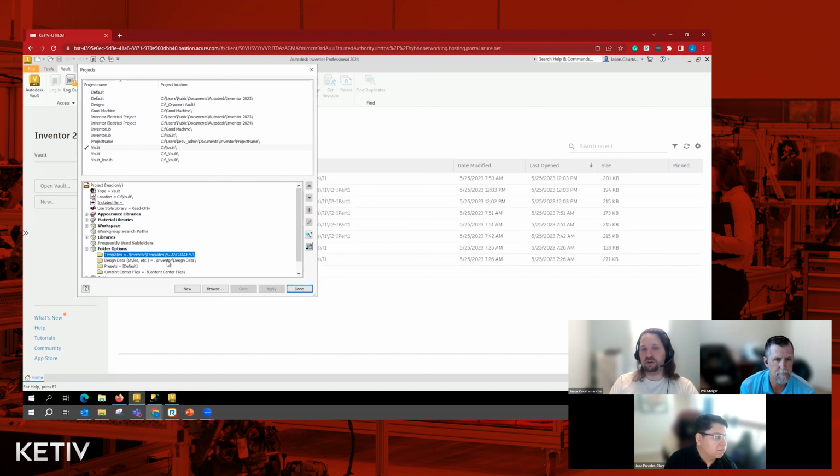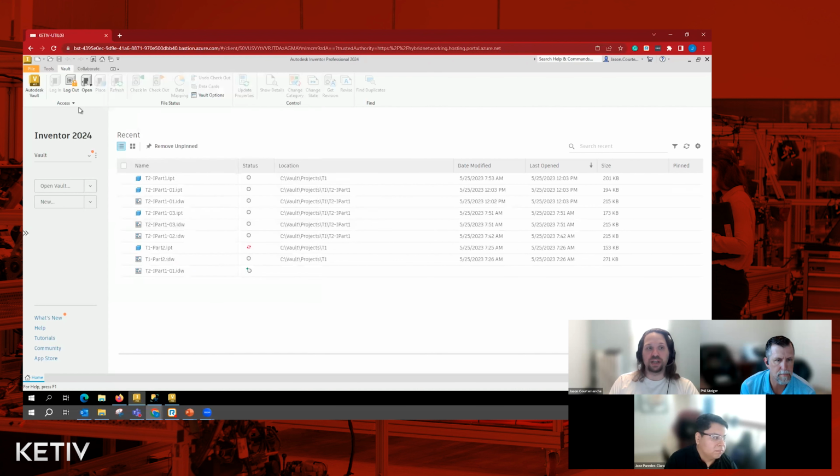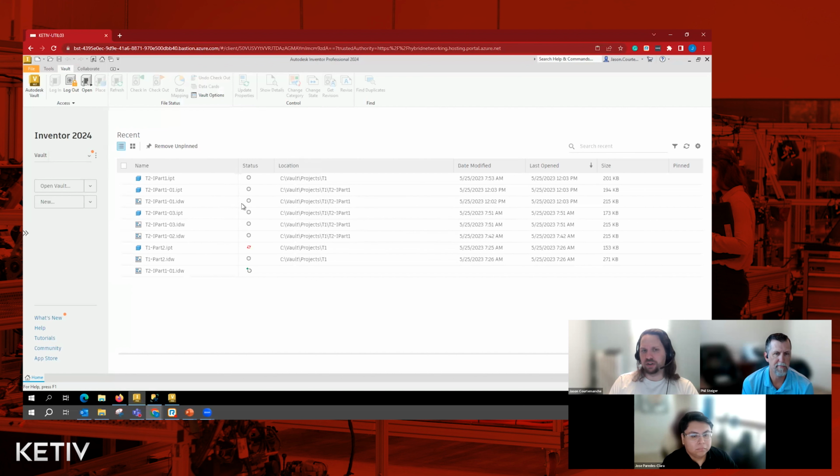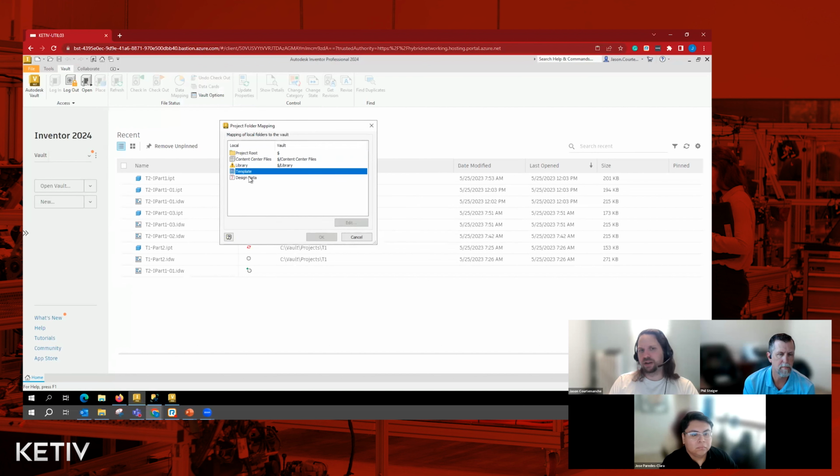That's basically how, in all versions of Vault, you can set up to vault your templates and design data. What's new, specifically for Vault 2024, is that when you map folders, which you have to do every time you create a new Vault Inventor project file, again, if I wanted to make changes, you have to make sure that the project file is checked out. In this case, I'm not going to right this second, but